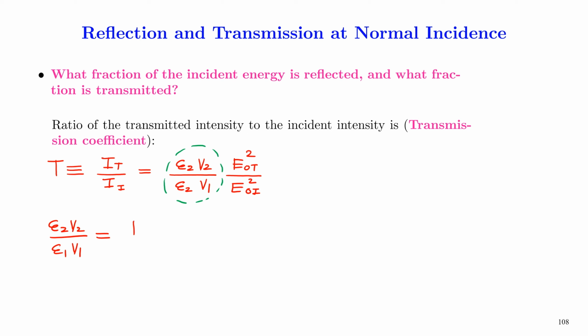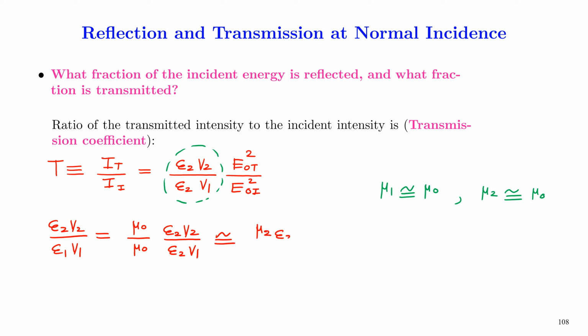This can be written as mu0 over mu0, then epsilon 2 V2 over epsilon 1 V1. As we have previously seen, most of the material media are more sensitive to electric fields than magnetic fields. So let us take mu1 as approximately equal to mu0 and also mu2 as approximately equal to mu0. Therefore, this equation becomes